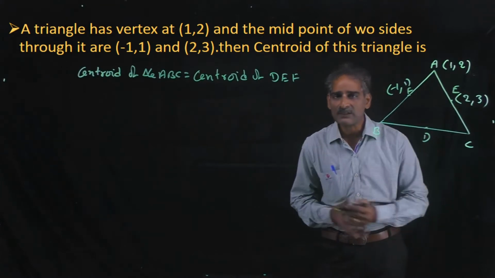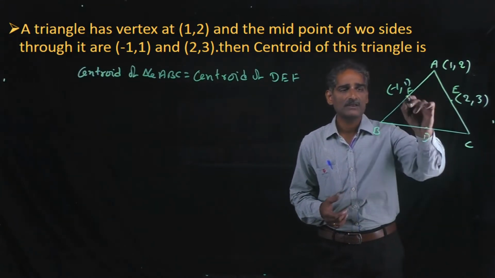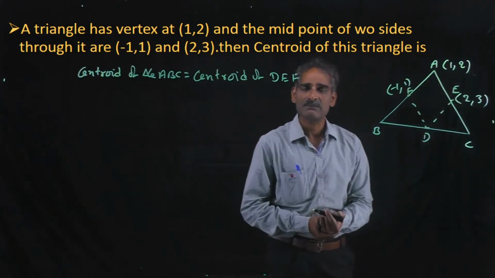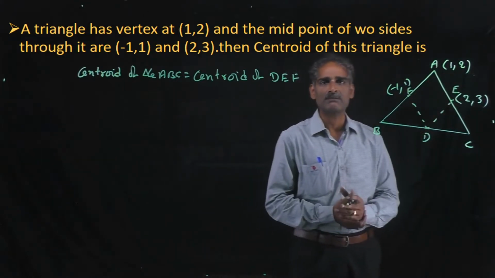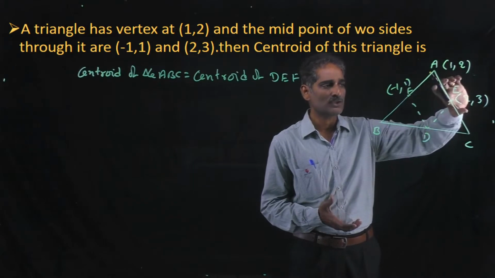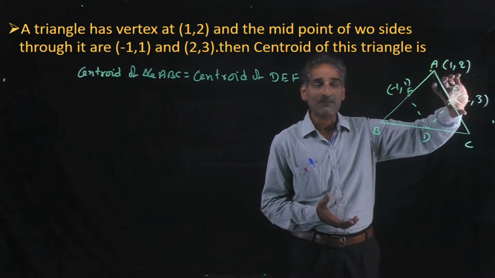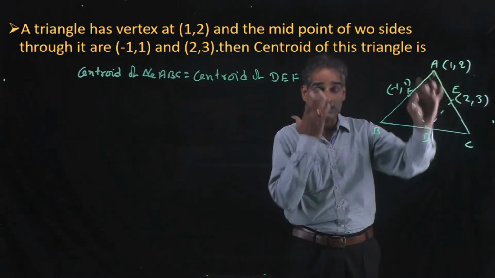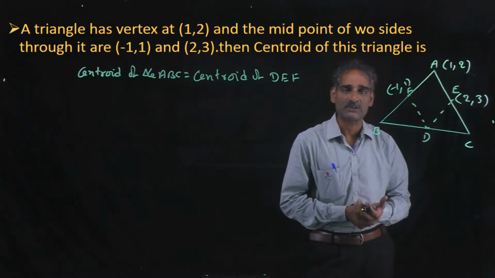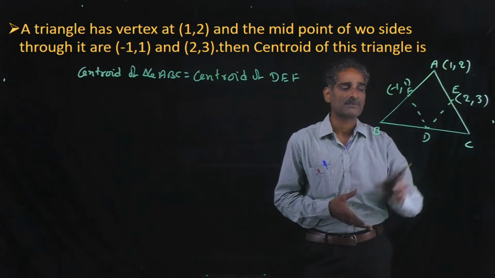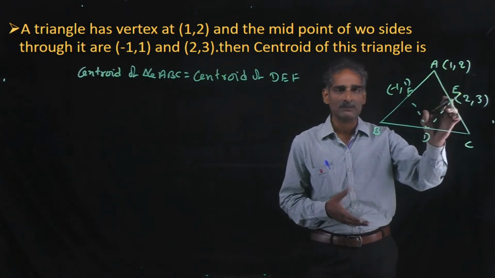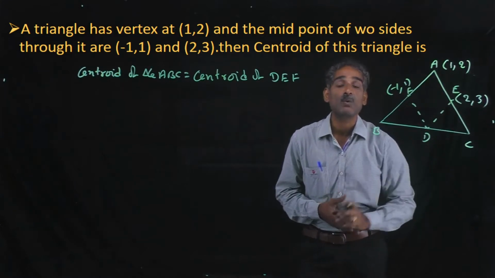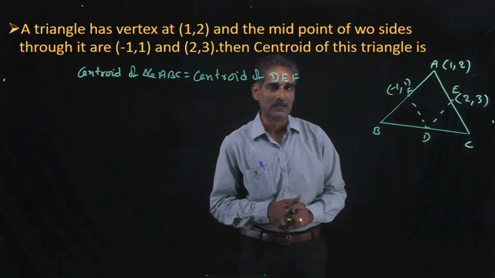If you know the coordinates of D, we can find out the centroid of the triangle. So how can you find the coordinates of D? If you join this, clearly this is a parallelogram. All of you know this is a parallelogram because this side is parallel to this side and its length is also half of this length. This is also the same. That means these two lengths are equal and parallel opposites. So clearly this is a parallelogram. This is the fourth vertex of the parallelogram. Here we know the coordinates of these 3 points, so you can find out the coordinates of the fourth vertex.